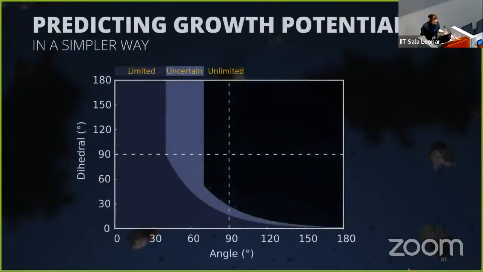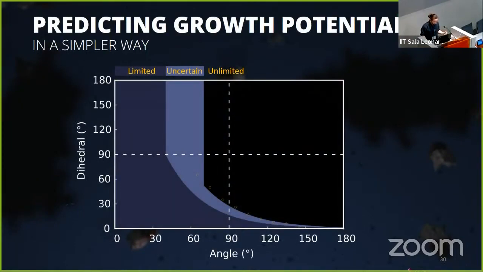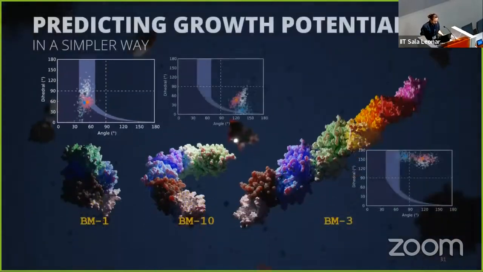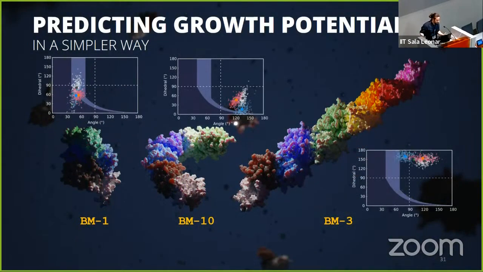So what we did was, using our sphere model, and for the sake of simplicity, we constructed a plot which can visually help us identify if a growth mode will be limited or unlimited. And that, of course, is much easier than the other option. So we can see that for angles that are very low, our binding modes will be very limited. It would produce too much overlap, like we can see here in this binding mode 1.